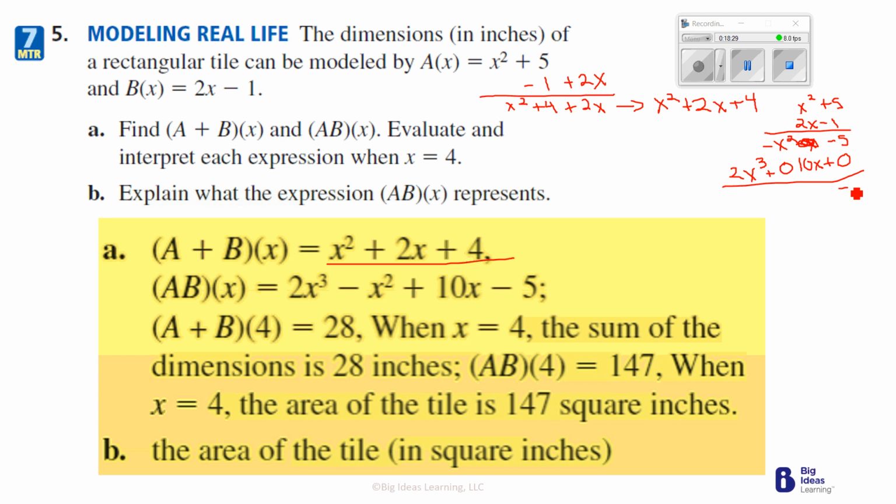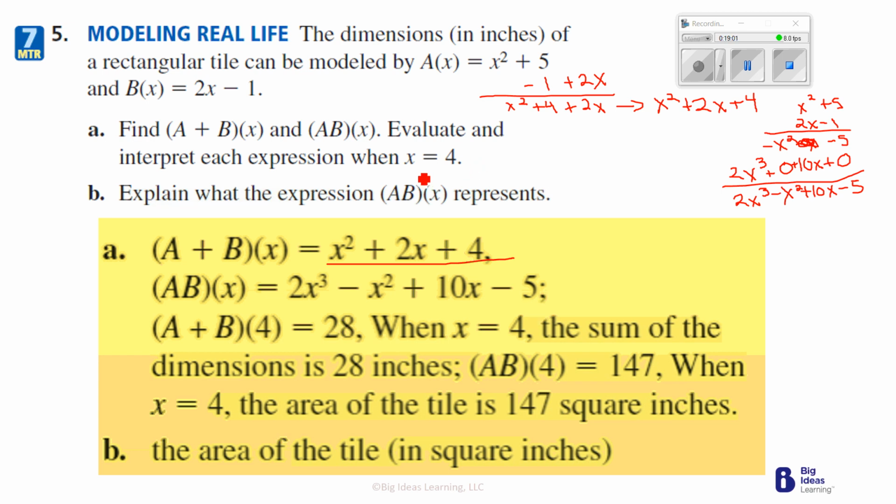Now when we add it all, we get negative 5, positive 10x, negative x squared, and 2x cubed. And that's what we get: 2x cubed minus x squared plus 10x minus 5. All right, next it says,